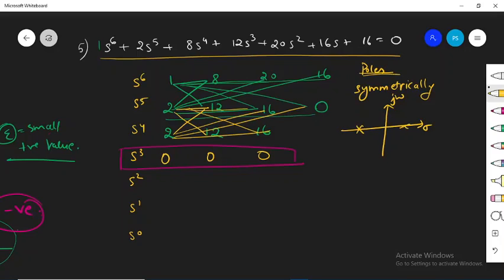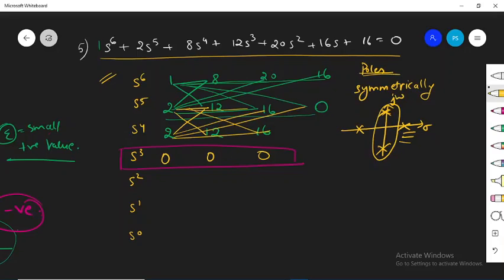So the poles can be like this. In this case, the system is going to be unstable because you will get one pole on the right hand side. Or they can lie like this also, in this pattern, one pole on the positive y-axis and another on the negative y-axis. That means the system is going to be marginally stable. But one thing is sure, that the system is not stable. It can be either unstable or marginally stable.